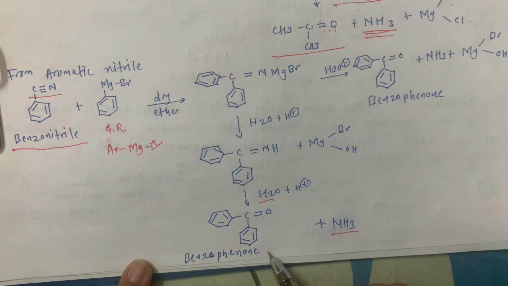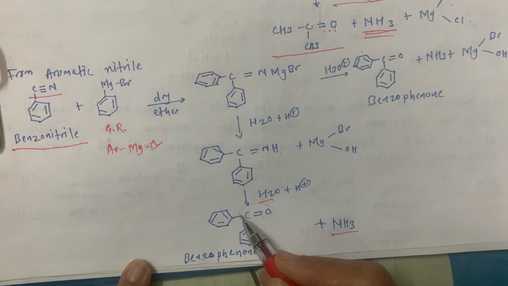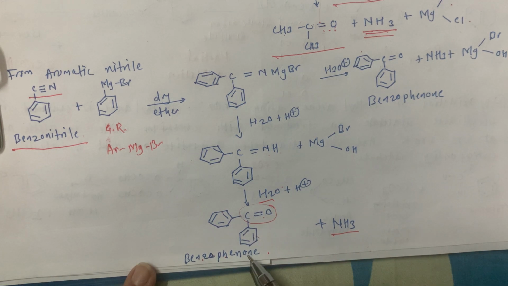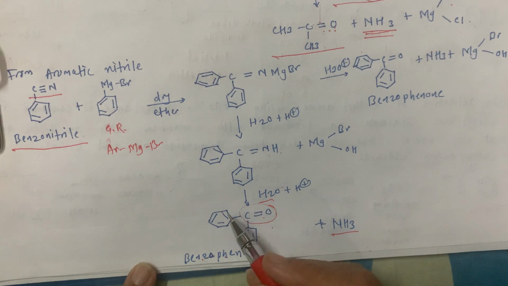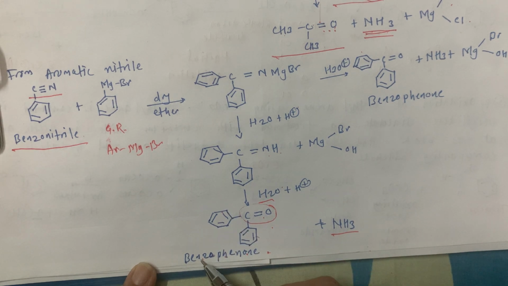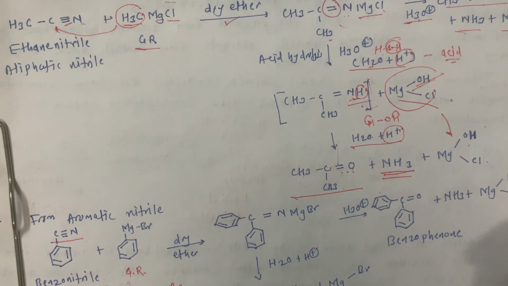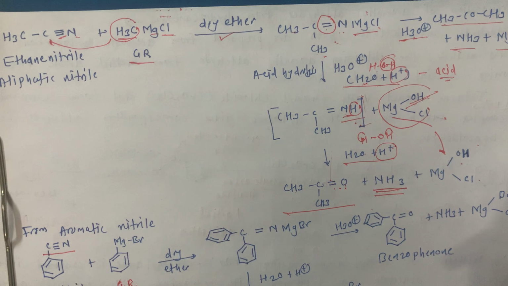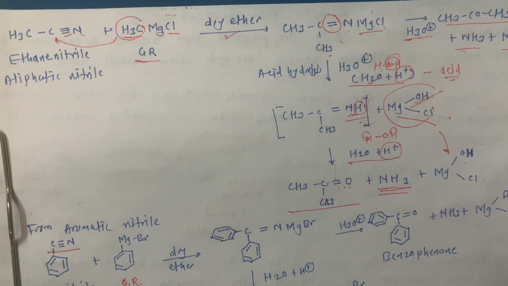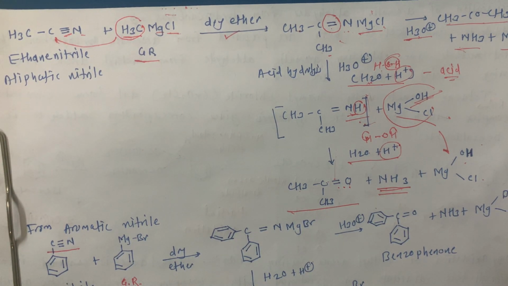This is benzophenone. Two benzene rings attached to a carbonyl carbon. This is a ketone. One ring is mentioned as benzo, another ring as a phenyl ring, and the name is benzophenone. Okay, please make your own notes, take screenshots or go through this recording one by one,